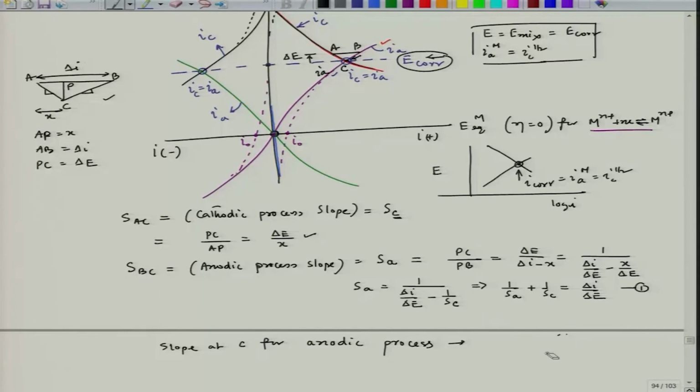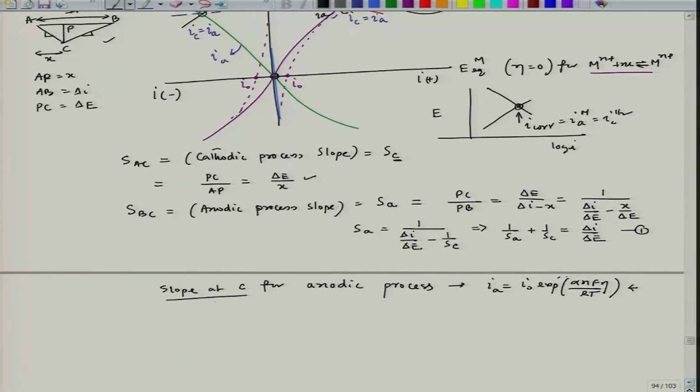So I have to use I equal to I0 exponential alpha NF eta by RT. So this equation I have to use just to find the slope at C for the anodic process. In that case I can write this equation as eta, which is nothing but E corrosion minus E equilibrium, equal to